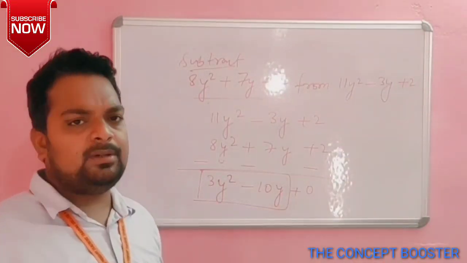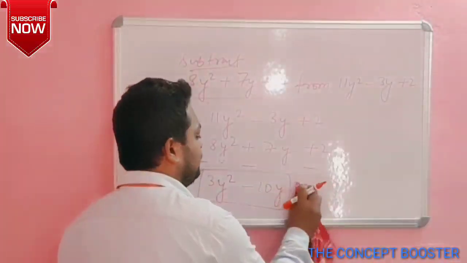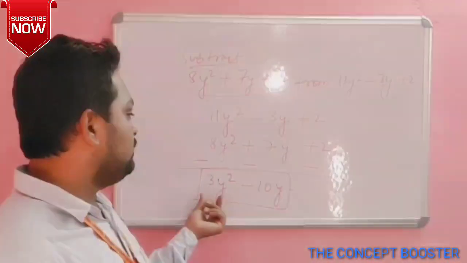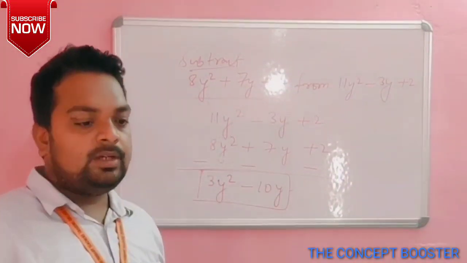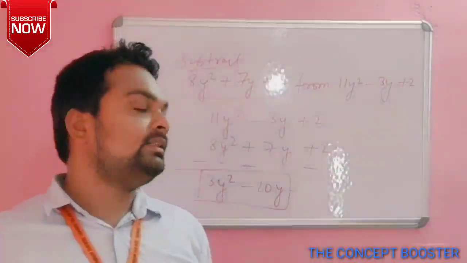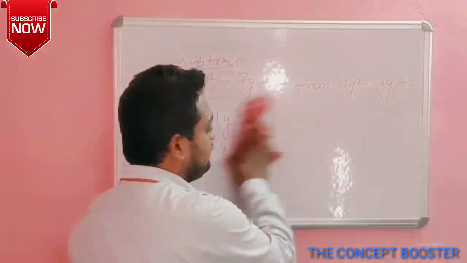0 is not required, because we can write it or even leave it like this. Okay, so 3y square minus 10y is the answer for this subtraction. Now, I hope the subtraction and addition are clear to you. And next,